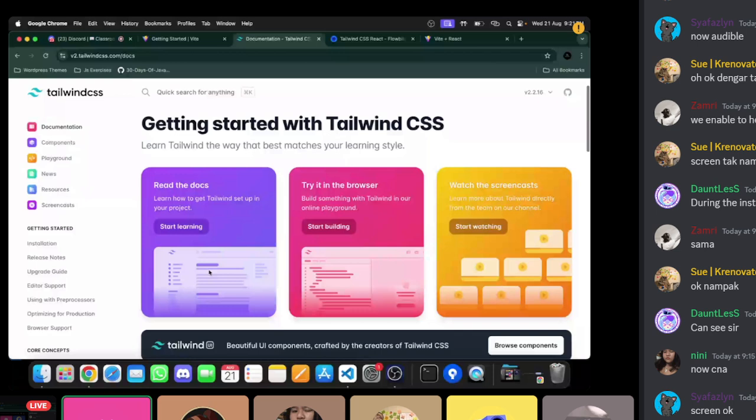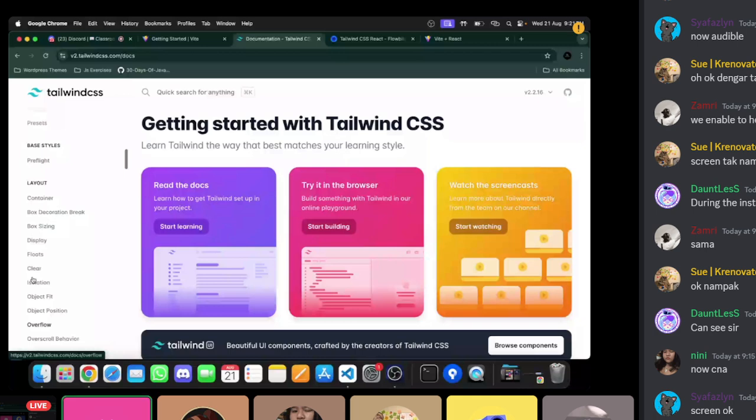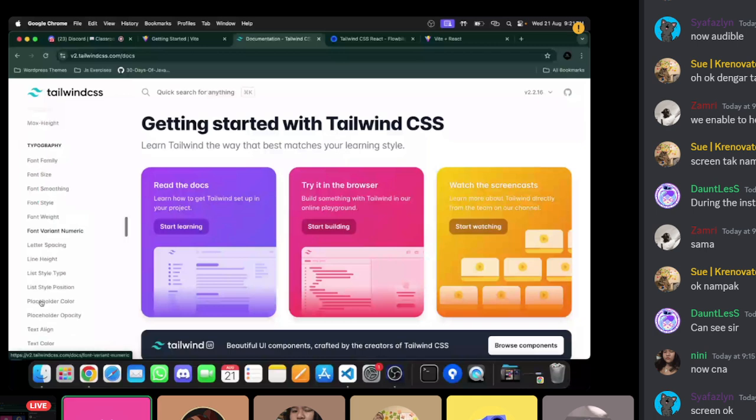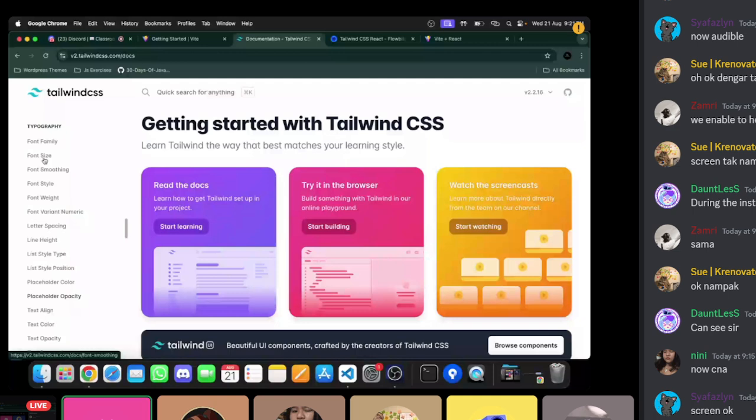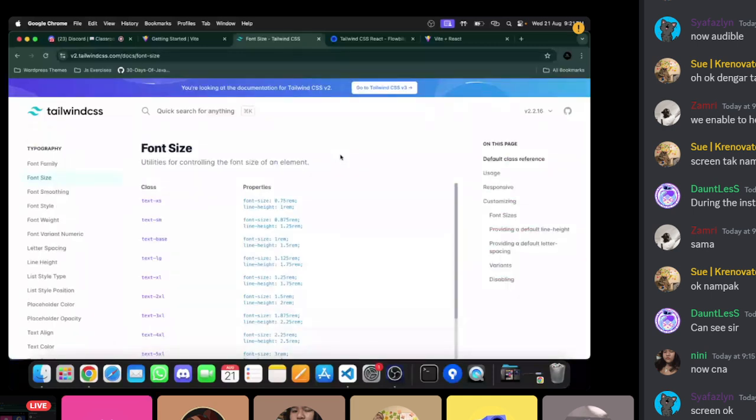You can see all the CSS here. So now I'm going to check for text. Look for text, font, value, text. Okay, so font size. Okay, I'm going to set a font size. So for font size, usually in CSS we will use this instead of className. We'll be typing